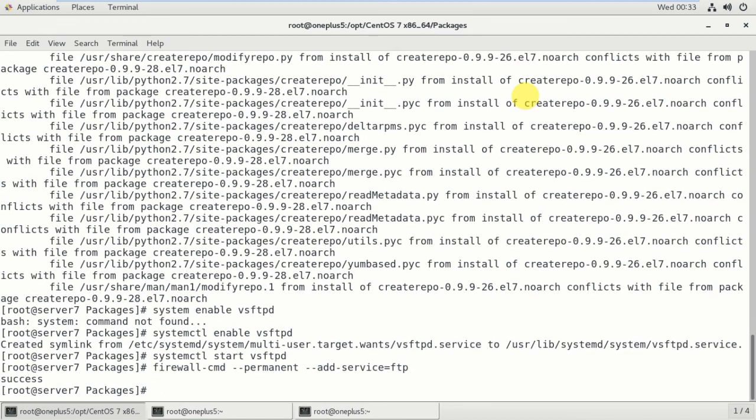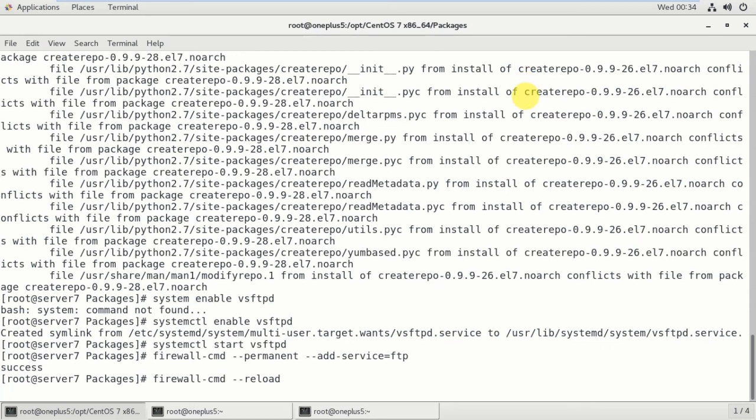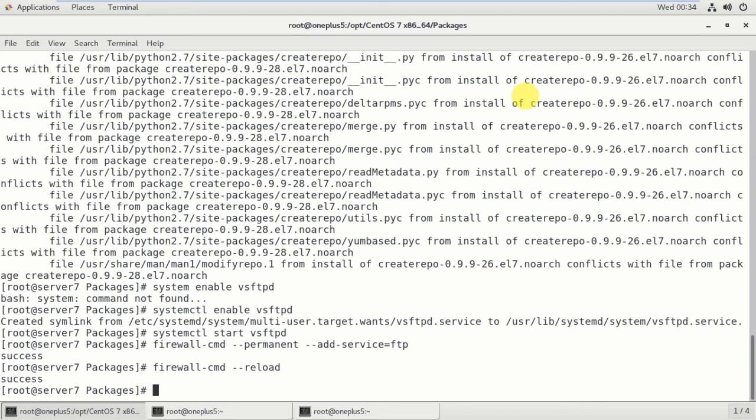So we are going to tell the firewall to add the FTP service and reload. That means it will refresh. firewall-cmd --reload. Whatever changes we applied here, when the firewall is reloaded, it can identify them. So everything is success right now, and